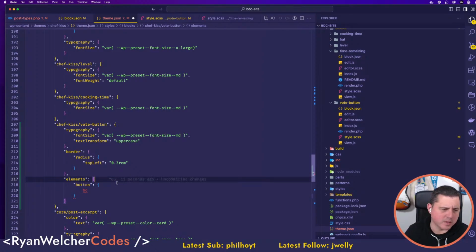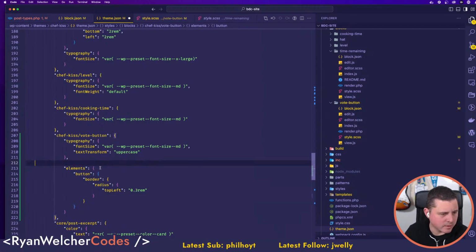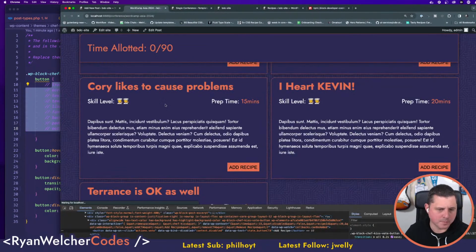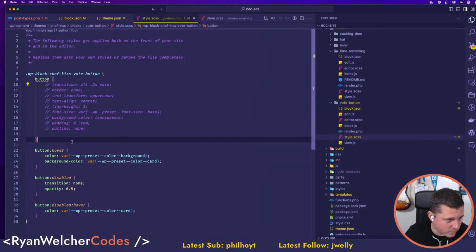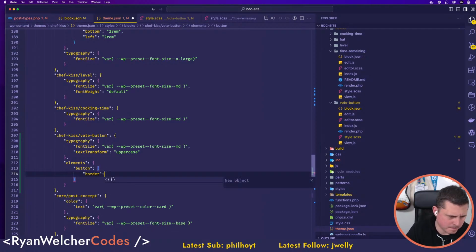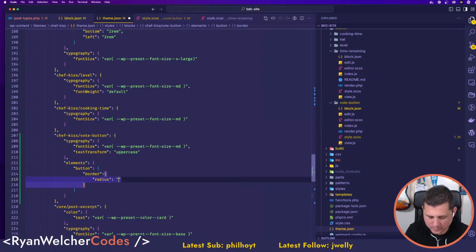We want to limit it to the buttons of that block, which I do. That's what I want to do. So I want to do this, right? So let's take that out, and in here I'm going to just do this for now. So I see no buttons, block name, vote button, elements, button, border. So set radius to whatever, 2.